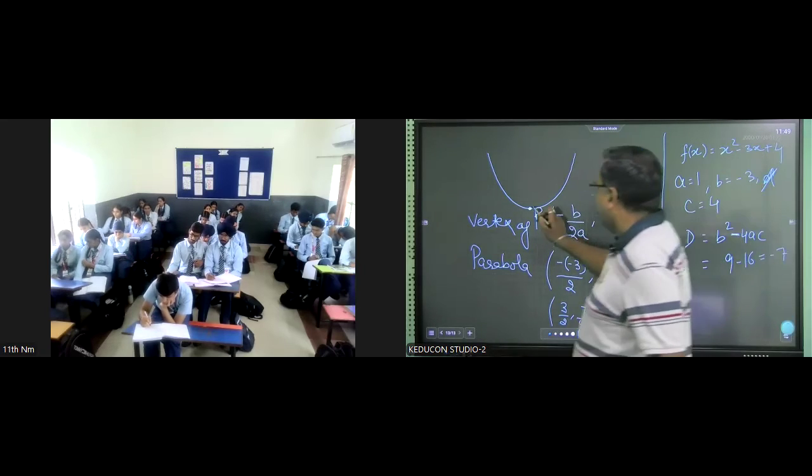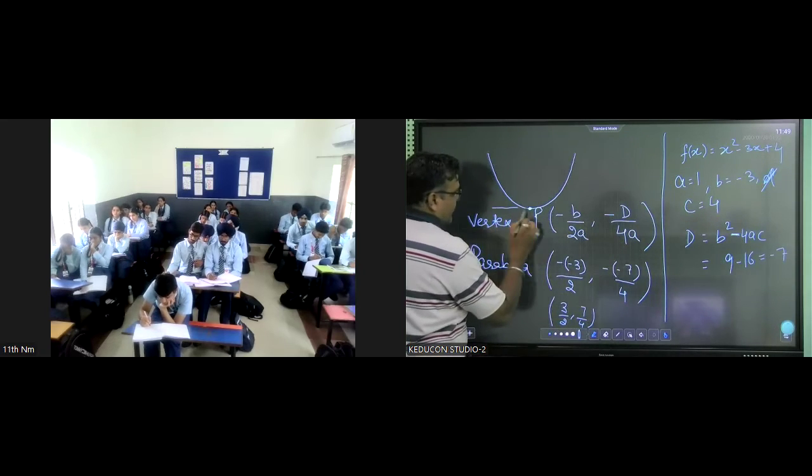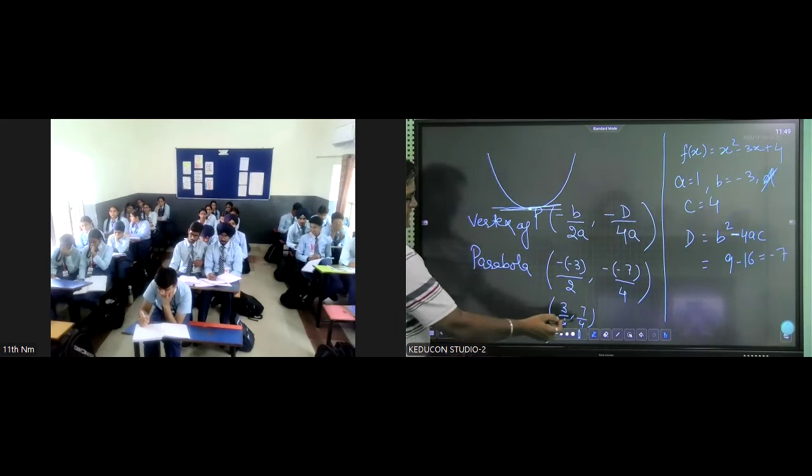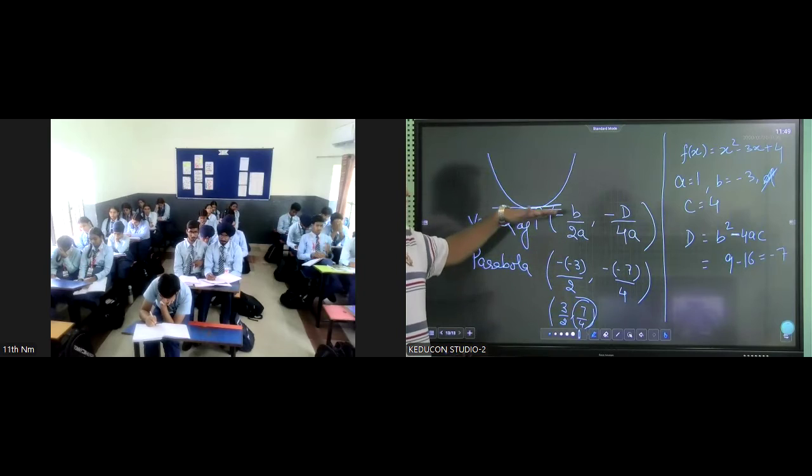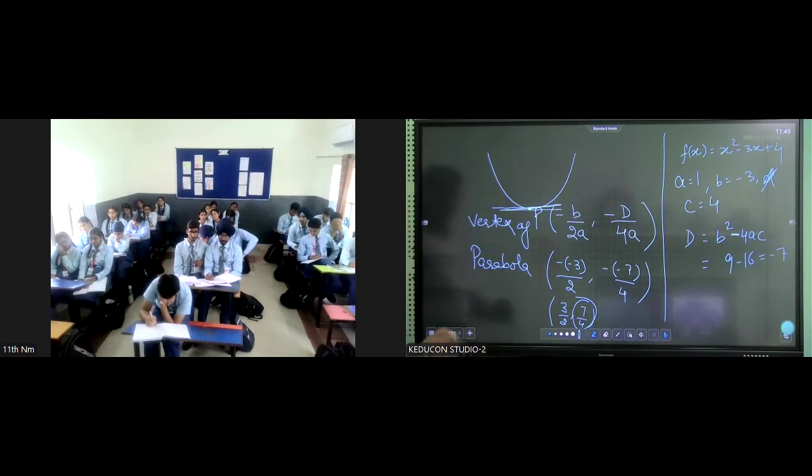Now graph is like this. इसका जो lowest point आ रहा है, lowest point is 7/4. मतलब y की जो मिनिमम वैल्यू आ रही है 7/4 and it is going upward. So the range of,